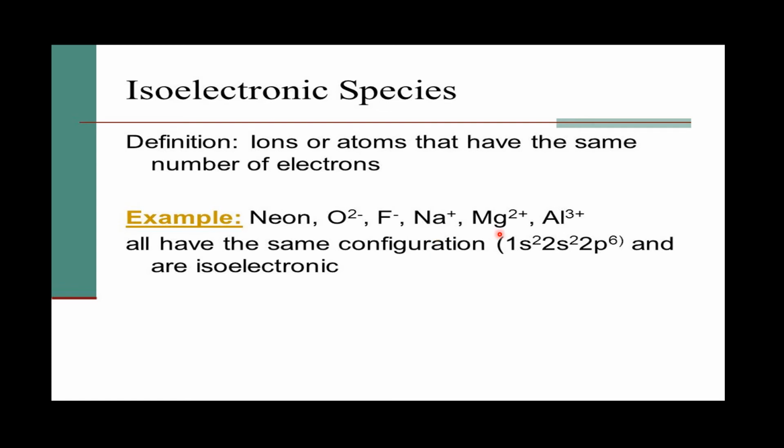Similarly, magnesium has 12 electrons, it is giving 2 electrons, so 2 plus charge here. 12 minus 2 means 10. And here again aluminium 3 plus: 13 electrons, giving 3 electrons, so plus 3 charge, and the number of electrons in aluminium in this case is 13 minus 3, that is 10.